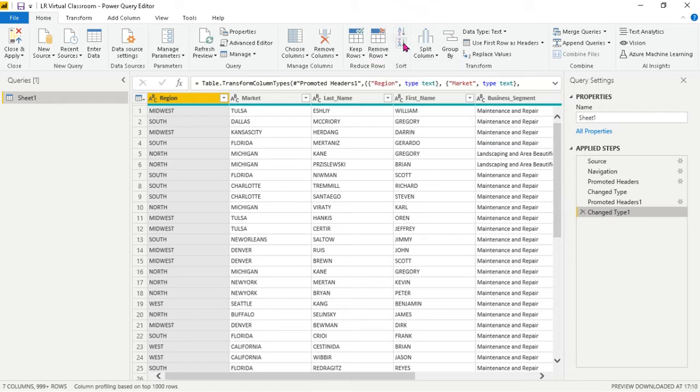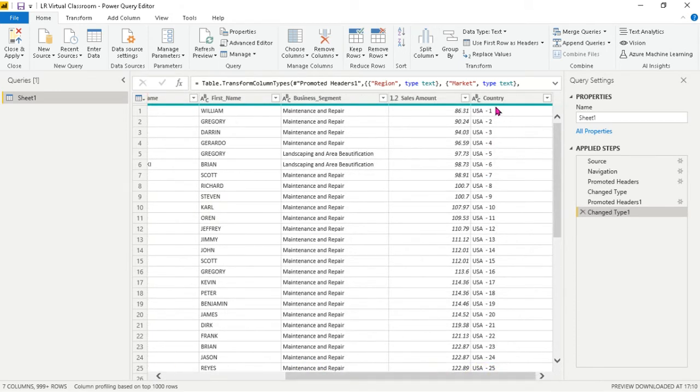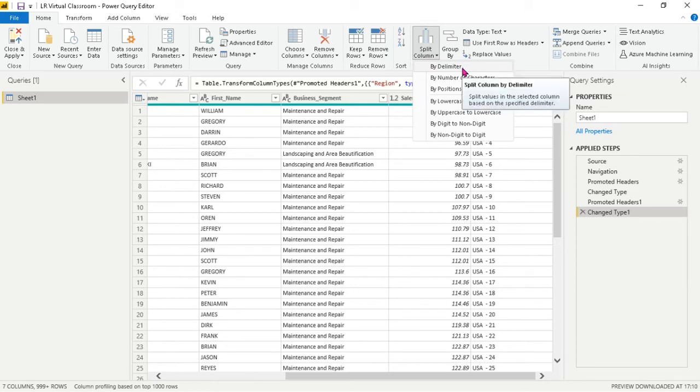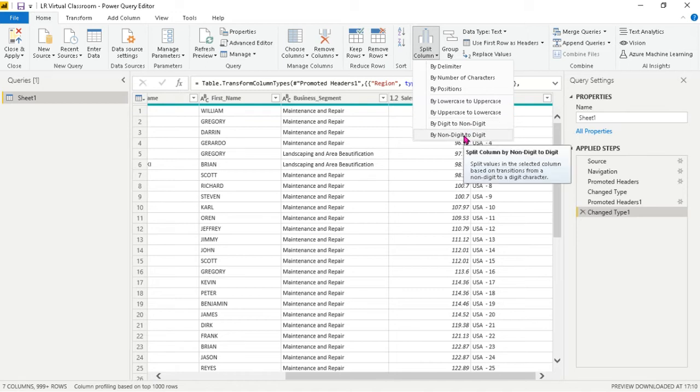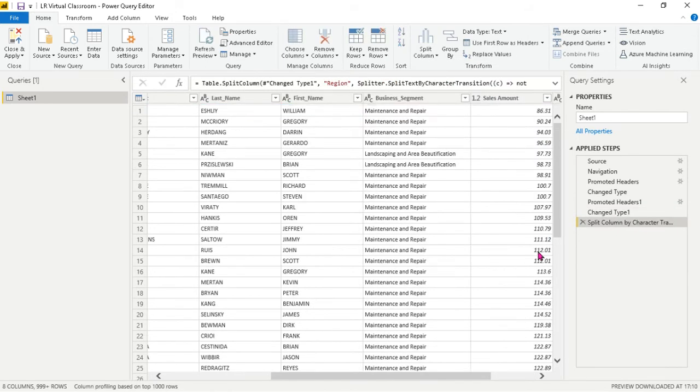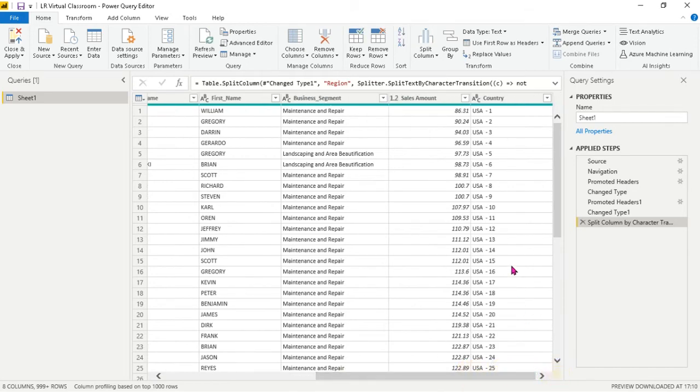I can sort the data in ascending or descending order, and there is something called splitting column. What is splitting? Say, for example, I have a column which has both text and numerical data. I can split the column by delimiter, by number of characters, by digit to non-digit, or by uppercase to lowercase. There are various splitting options available. Let me go with digit to non-digit or non-digit to digit. When I click and do this, automatically